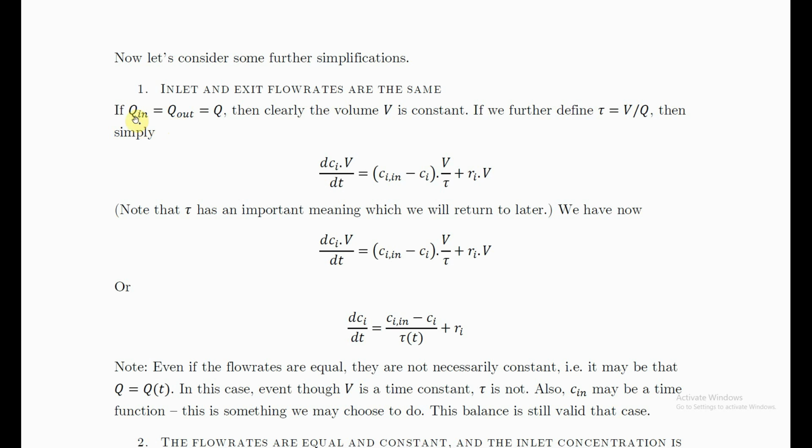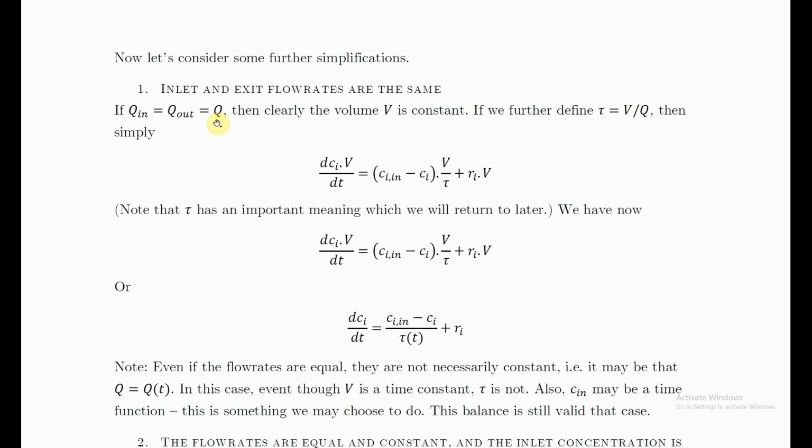So if we had this specific instance when the flow rate in was equal to the flow rate out, right? There's no requirement for us to do that, but if we operate in this way, we think it's a good way to operate, because we would like nice stable operations. We don't want to be blasting in more of the liquid than we are taking out, because then the tank is going to overflow. So we want things to come to a nice stable operation. So it's likely that we would try to set the inlet flow equal to the outlet flow, and so we can replace Q in and Q out by some